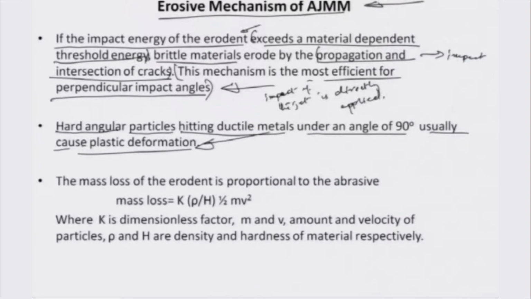Therefore, because the mask is made up of such a material, ductile metals, the plastic deformation of the hard angular abrasive particles is almost certain. Okay. So there is a mass loss factor which would happen of the erodent